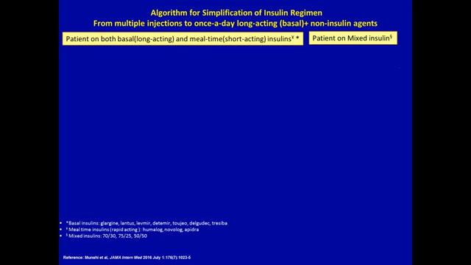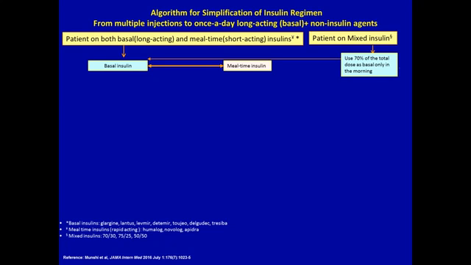The problem with insulin is that it has a very high risk of hypoglycemia. So in this population, we really want to mitigate the possible risk of hypoglycemia and make the algorithm or the use of insulin the easiest possible. So we tend to use basal insulin instead of basal bolus or mixed insulin. In the case of mixed insulin, we tend to use 70% of the total dose as basal insulin, and the basal insulin should be given in the morning.